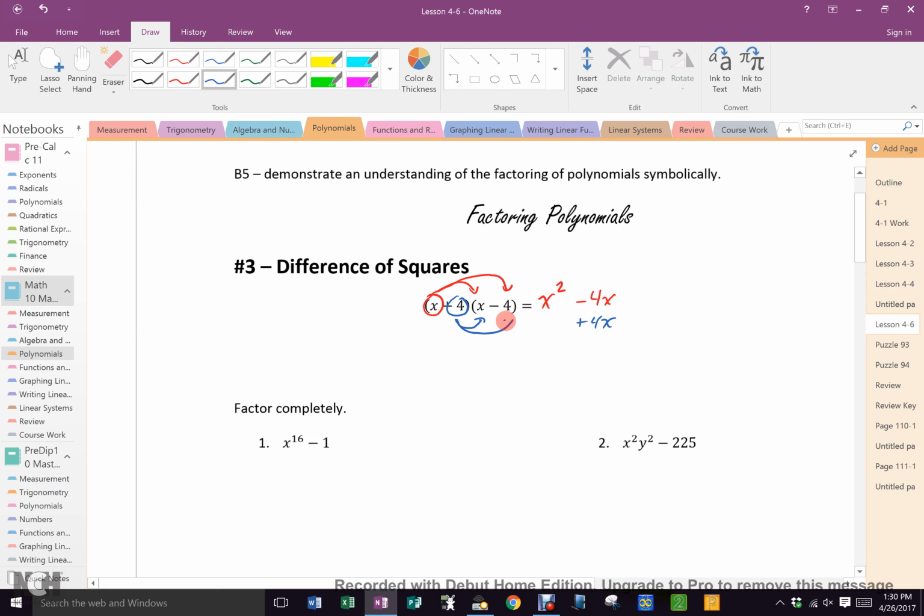And then 4 times 4 is -16, yes? And then we would write it out. And this would get me x squared. What does this add to? Plus 0x minus 16, yes? Everybody with me? Now, look at that